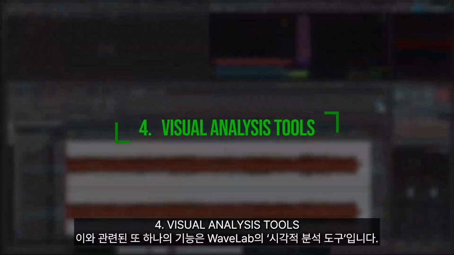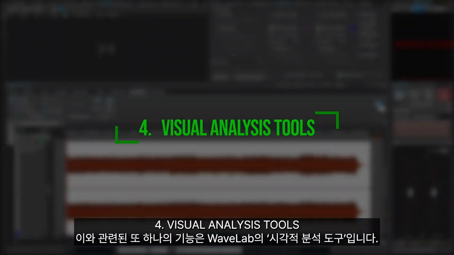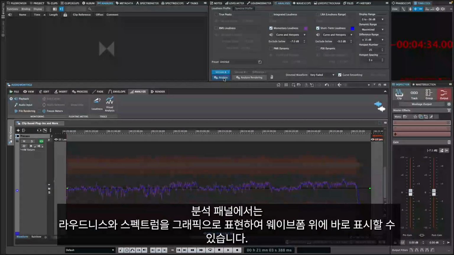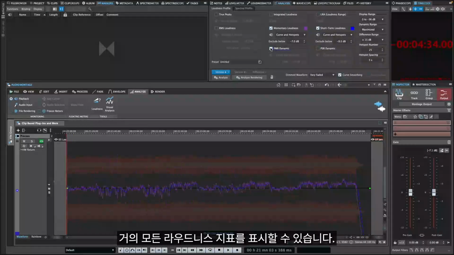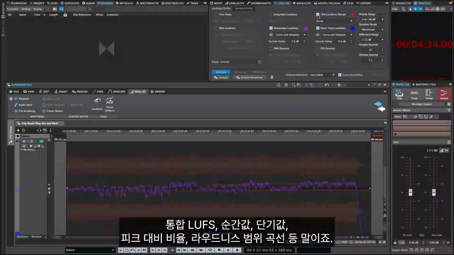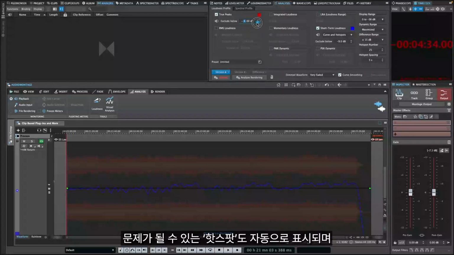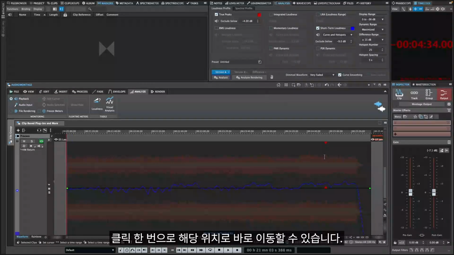On a related note, WaveLab's visual analysis tools add audio visualization options not found elsewhere. The visual analysis panel gives you comprehensive loudness and spectral analysis options with graphical representations directly overlaid on your waveforms. You can display loudness traces showing just about any LUFS metric you can imagine, including peak to short term and peak to momentary ratios, loudness range curves, and lots more. The analysis even identifies hotspots where potential issues might exist, allowing you to navigate directly to the problem areas with